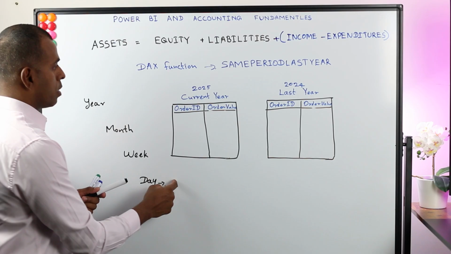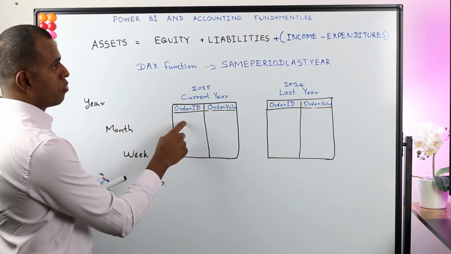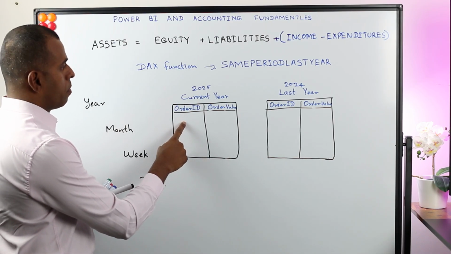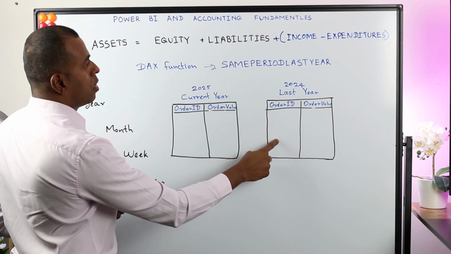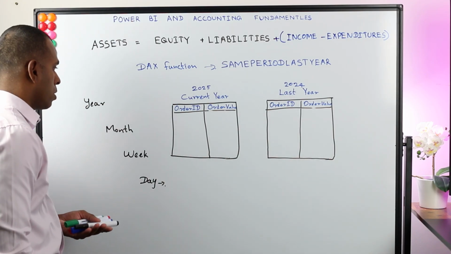What happened the exact day? Like let's take the 1st of January this year. Alright. Then what are the orders in the last year, 1st of January, like that. So